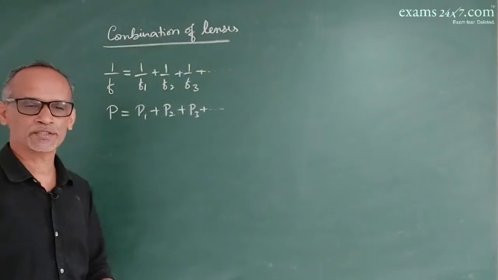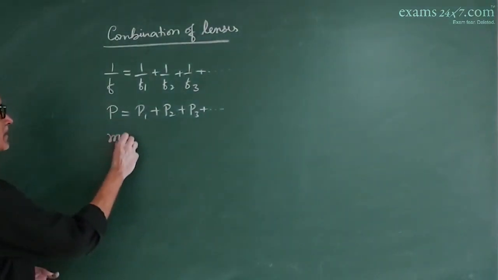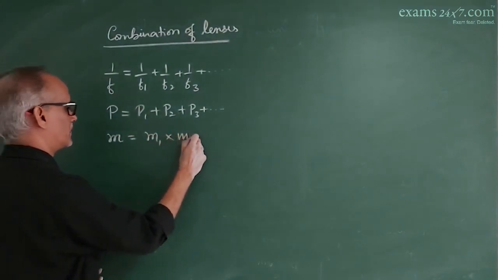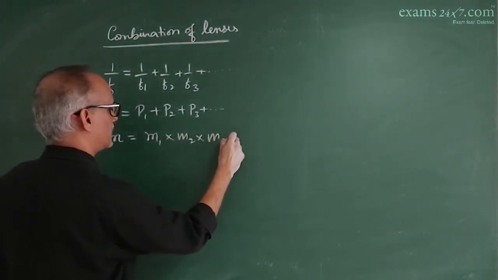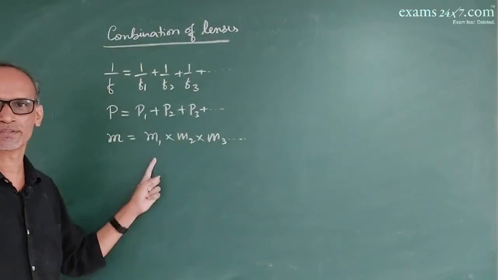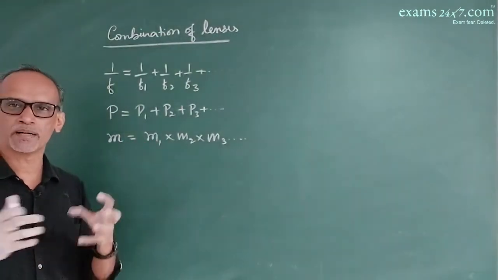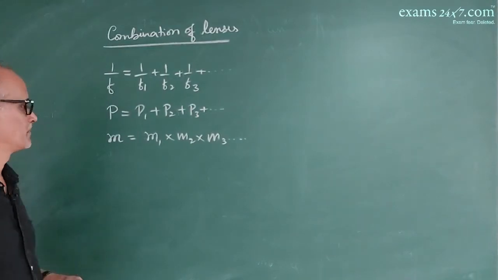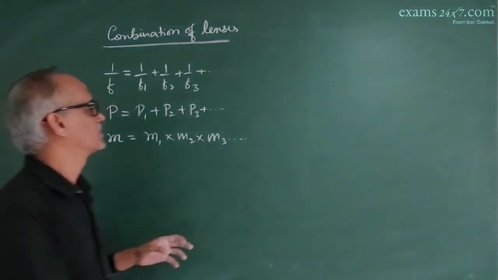And the main advantage of the combination is that the net magnification is equal to the product of the magnifications produced by the individual lenses. This is the main advantage. The magnifications get multiplied, they don't get added up. Multiplication gives a larger number than addition. And if two lenses are